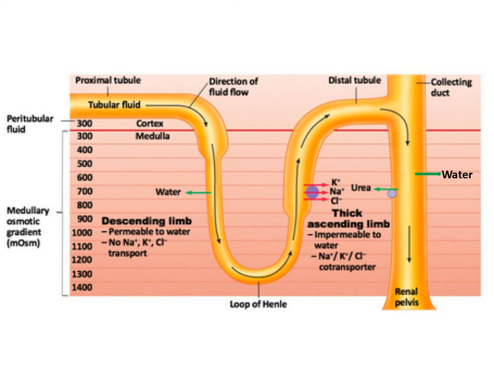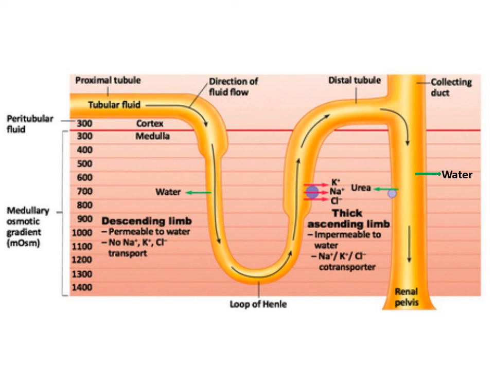Now you will see how the changes are occurring for the tubular fluid. The tubular fluid in the PCT, that has been filtered from the glomerulus into the Bowman's capsule and is coming to the PCT, is isoosmotic. That means the osmolarity is the same as that of the plasma. And this tubular fluid is entering into the loop of Henle.